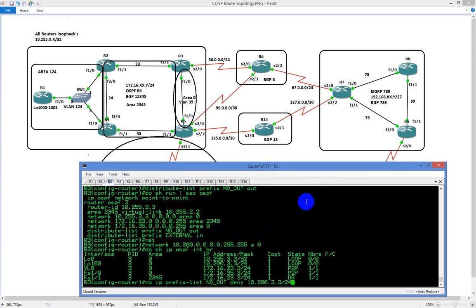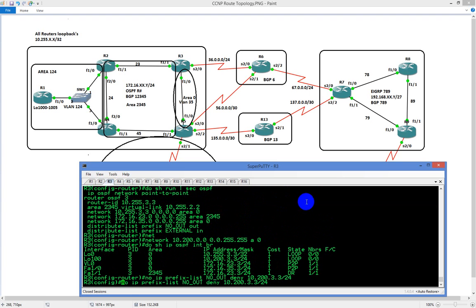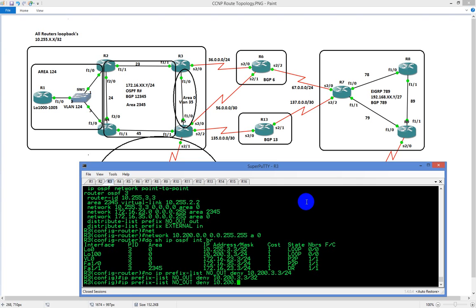And no, and do this, and hit the up arrow. And there's a question: you can have multiple distribute lists? Yes, you can, because they're calling different prefix lists. And you can type in deny. We're going to do a /32, and hit the up arrow and do a